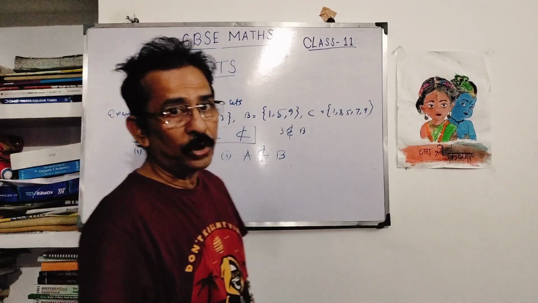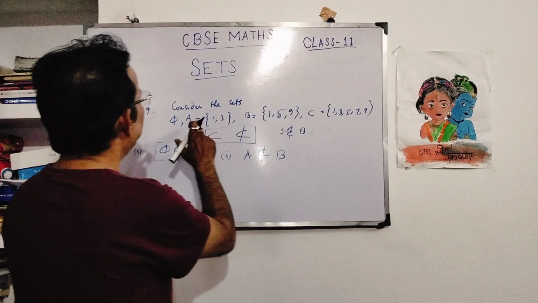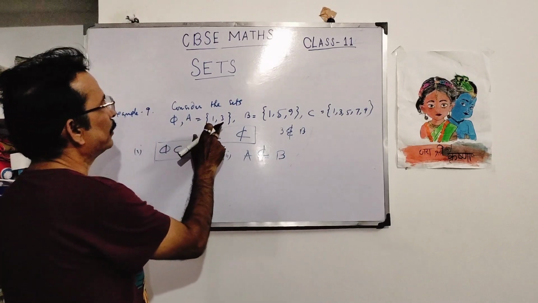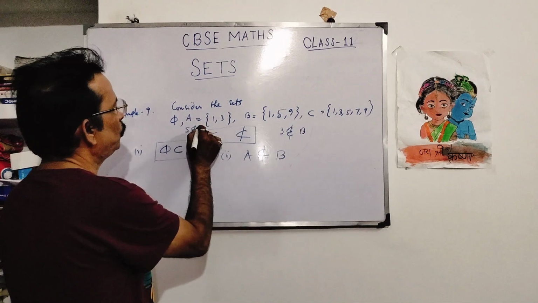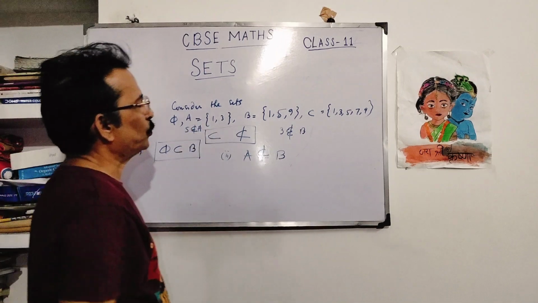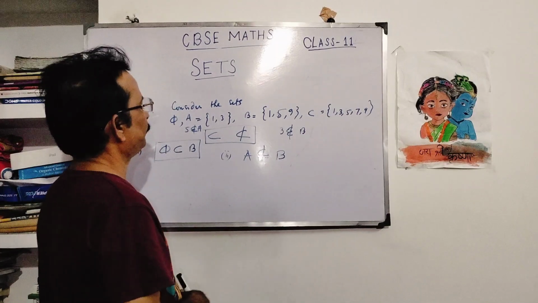Also, B has 5, but 5 does not belong to A. That is why B is also not a subset of A. So